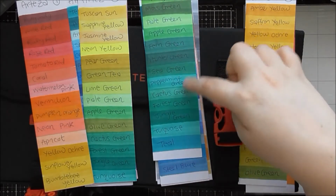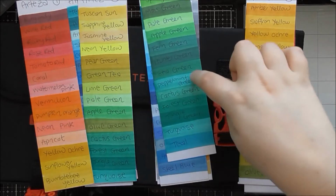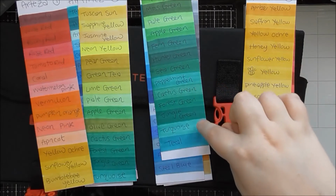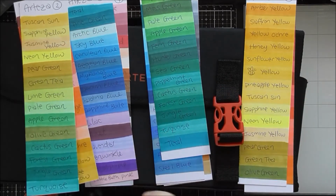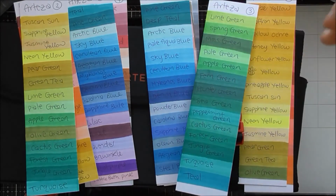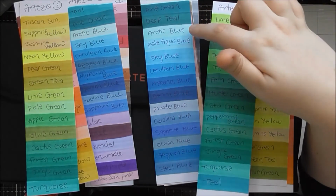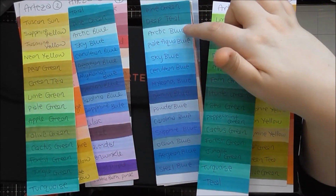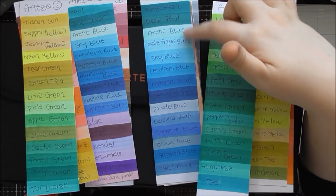And then we've got the gorgeous Cactus Forest Jungle that we had before, and now we've got a pepperminty kind of colour in there as well. We've also got a few more additions to the tealy colours. So we've got a dark teal to bring in deeper depth to your shading, and then we've also got a few more blue tones. So you've got a pale aqua that brings a nice middle shade between the Arctic blue and the sky blue,